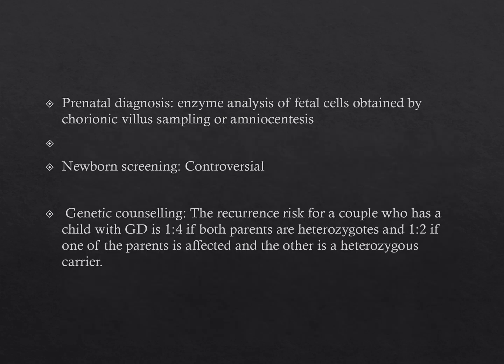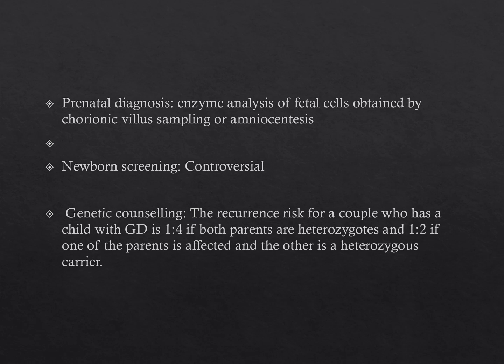The other ways in which we can understand if the child is more prone to Gaucher's disease is through prenatal diagnosis in the form of amniocentesis or chorionic villus sampling, which are done more frequently in recent times. Newborn screening for this rare disorder is controversial as it is done only for a child who the clinician feels is more prone to it, while genetic counseling is another way by which we can understand the recurrence rate of